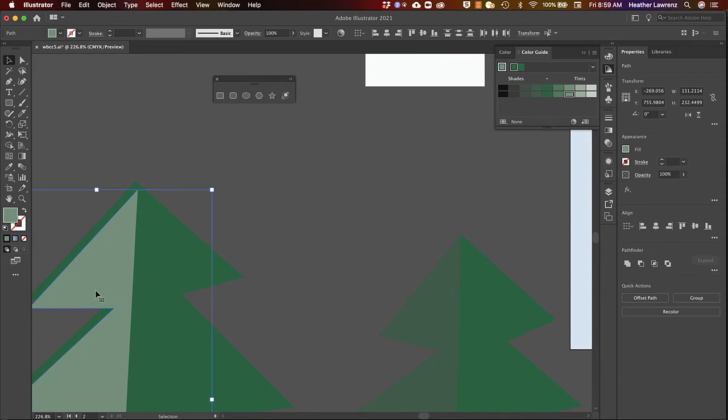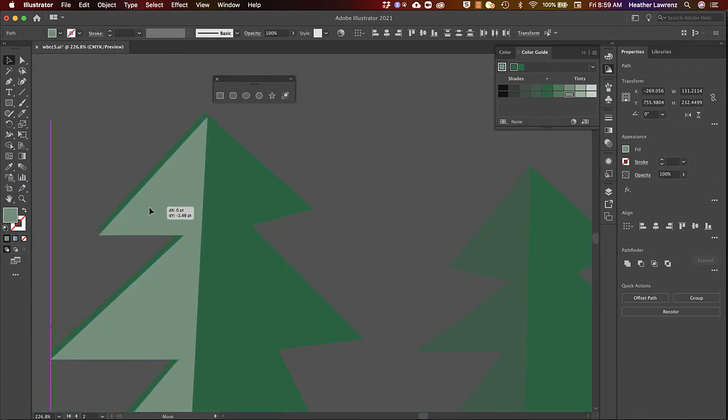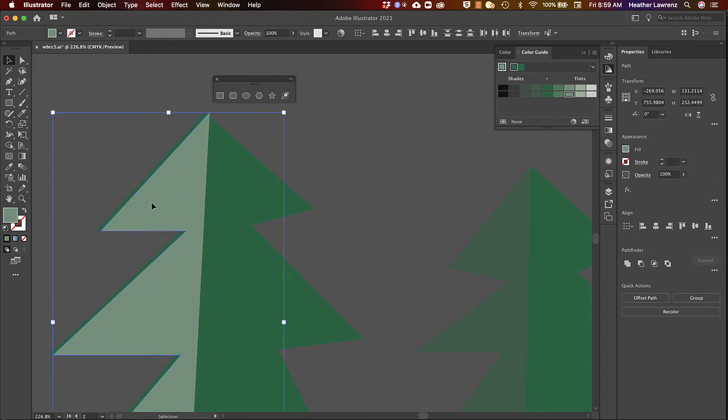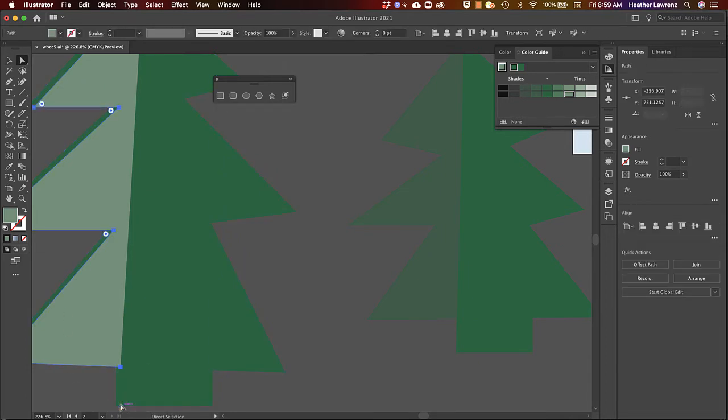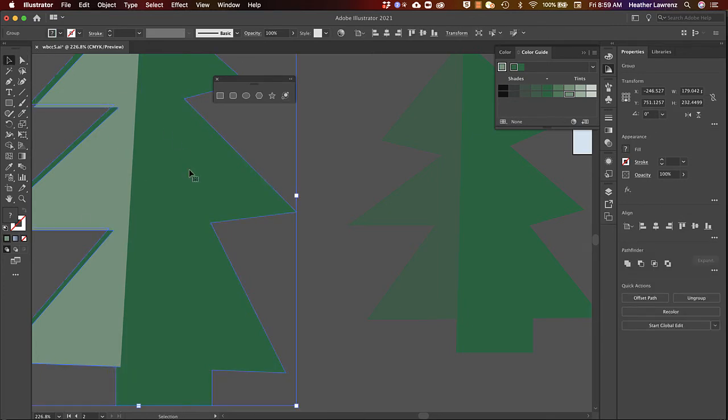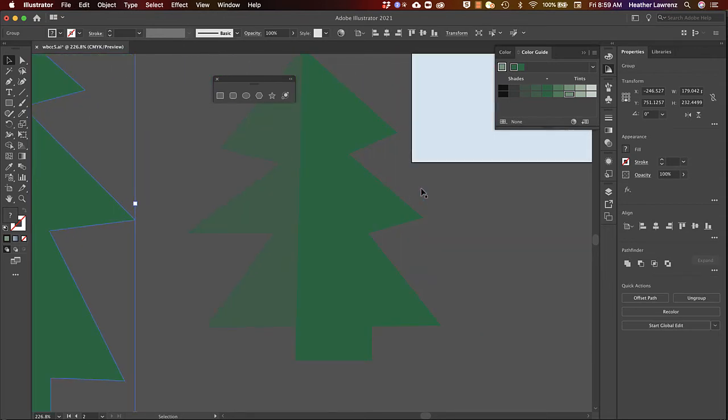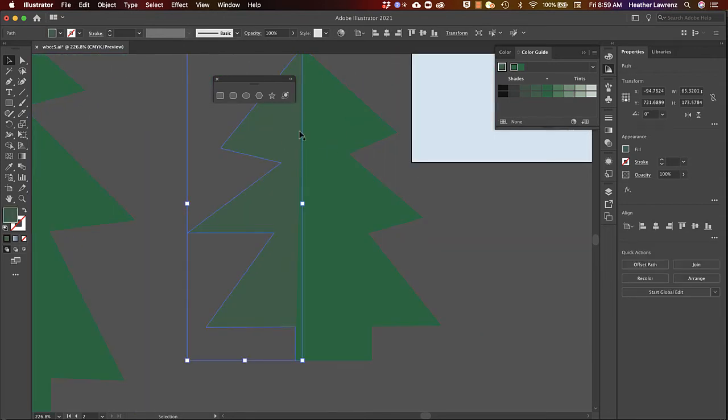Now, if I come in here, I can be very exacting about this and I can line this, or if I want to just leave a little bit of an edge there, that can be one of the artistic choices I create here. I can also, if I decide I don't like this little point down here, boom, he's gone. So now I'm going to group these together, and I want to show you one more thing you can do. So I've got this in a shade. I'm actually going to switch it back to the original and show you another thing you can do